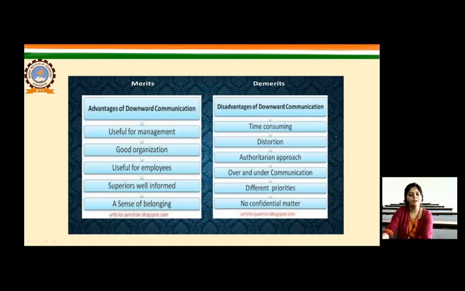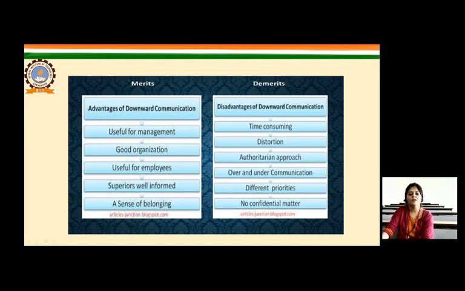Also, everybody is finally treated in a uniform manner, as every piece of information is being directed from the top management, and everybody knows that okay, they are the owner, they are the authority, and everyone else is under them. So they feel attached to the organization in a way that nothing is different for one person or for the other person. There is no preference being given. Then there are some demerits also.